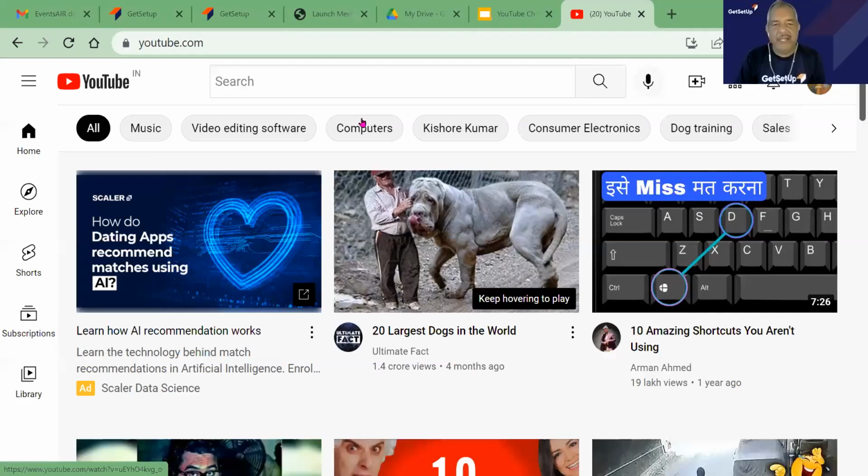Now what you can see is the YouTube page, or rather the YouTube app of my account. On the left-hand side, where you see the YouTube logo, by the side of that you see IN.